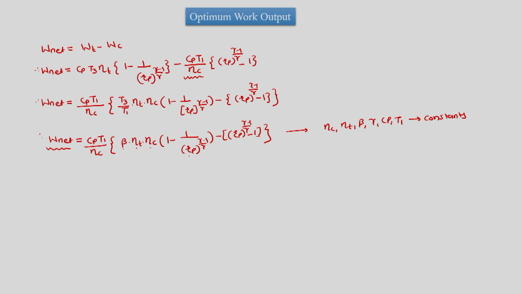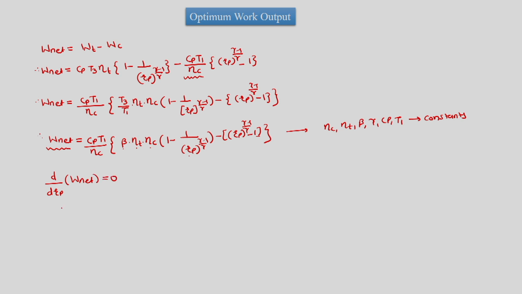So, what is unknown or what is a variable is Rp for a given gas turbine power plant. So, we can vary Rp, rest of the things are constant. So, W net is a function of Rp. We can differentiate this. So, d by dRp of W net, and then this we will equate to 0, and